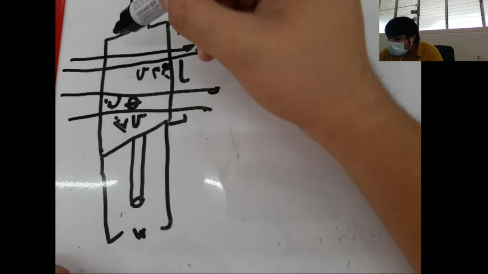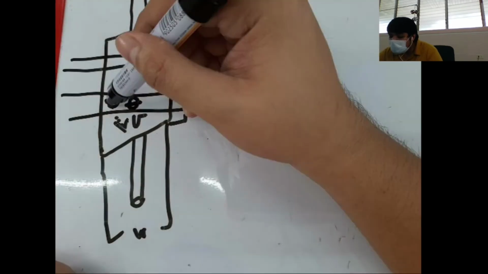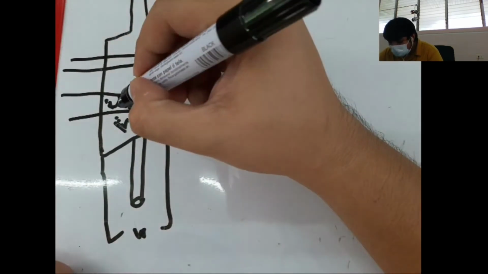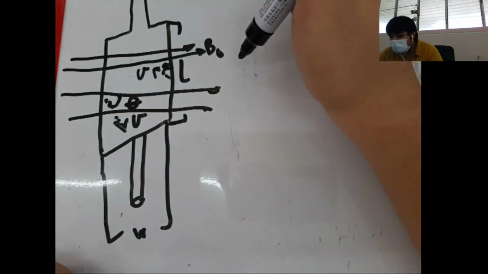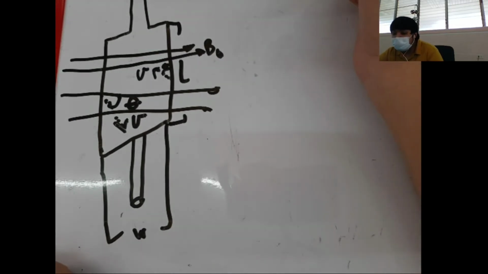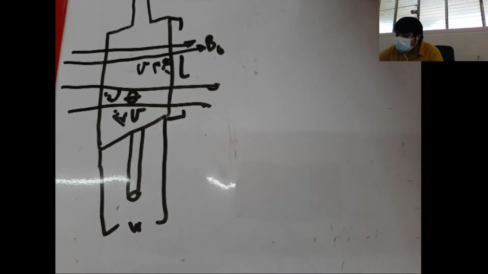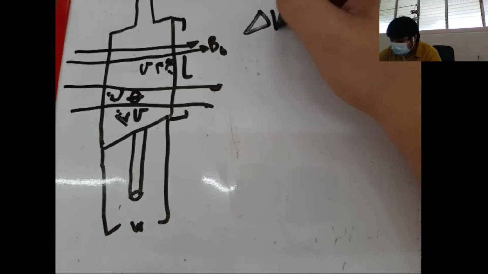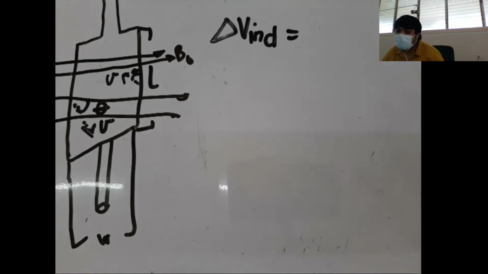Now this is the magnetic field lines, and the linear velocity of this length of the coil L moves at an angle theta away from the direction of the magnetic field lines. Now we know from the basics of electromagnetic induction that the induced voltage